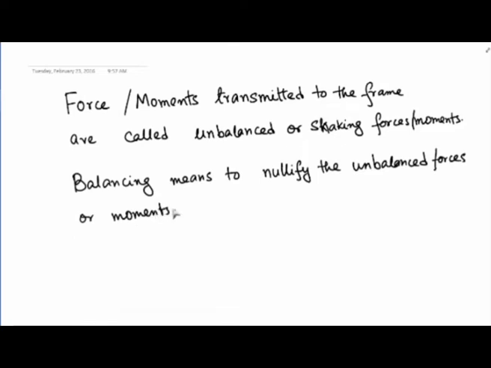By balancing, our objective would be to nullify the unbalanced forces or moments. We will try to kill these unbalanced forces because we know they are detrimental in terms of the performance of the machine. So in the context of dynamics of machine, balancing means you should try and prevent the transmission of the forces from the machine which is operating to the frame, because this is harmful in terms of the reliability